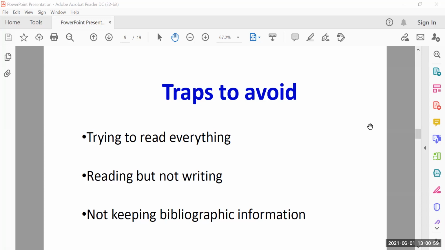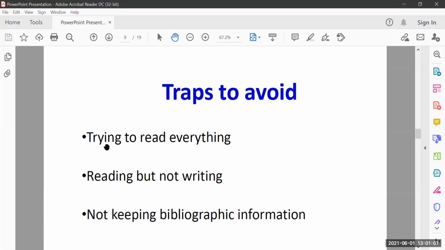Right. So, traps to avoid. Don't try to read each and everything, because that requires a lot of time. So read only the relevant ones. There is so much information around you.